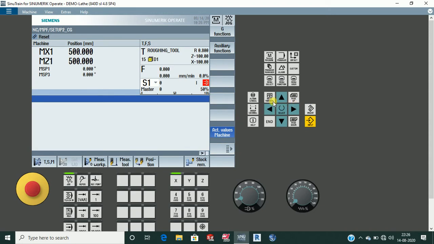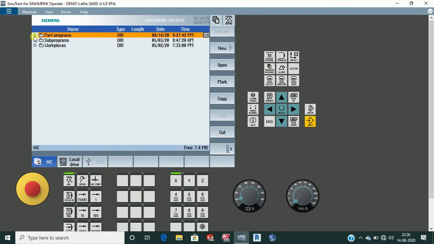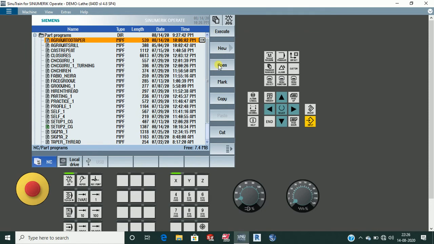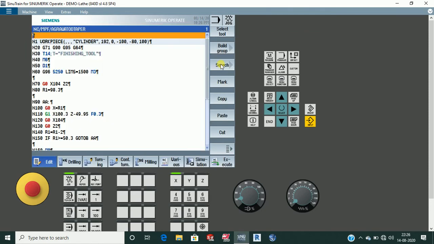And this is the next window. What is next window? Let me open the program manager first, you will understand. If I open this program and I want to open one more program on the same screen, I'm going to explain what is next window. I'm not focusing on how to open the next window, so be clear. I'll be uploading a separate video for how to open the next window in detail.